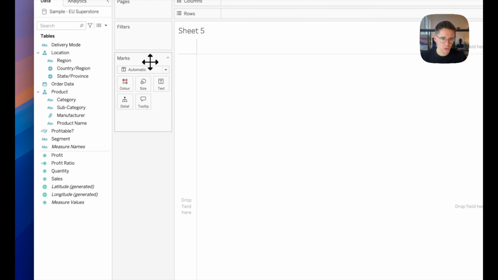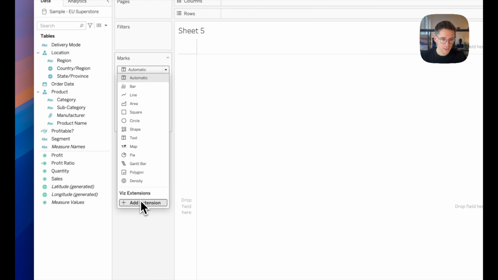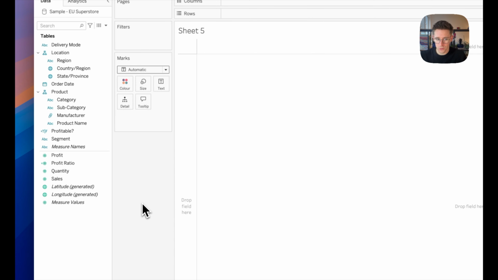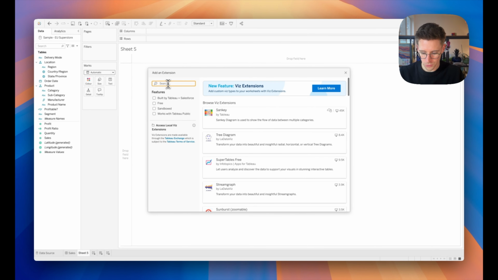So let me show you how you can use Viz Extension. Okay, for this demo, let's start with this dashboard. It's a sample Superstore dashboard, but just connected to the European sample Superstore data source. So let's open a new worksheet, and starting in Tableau 2024.2, you can find this button under your marks, Add Extension. So let's say you want to make a network today in 2024, you select network